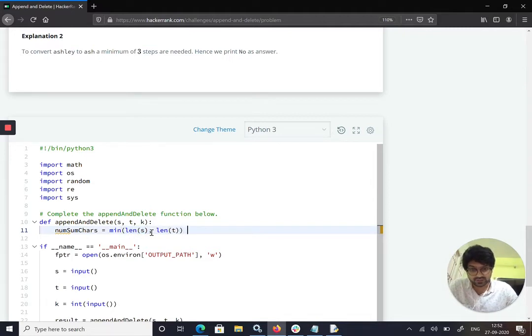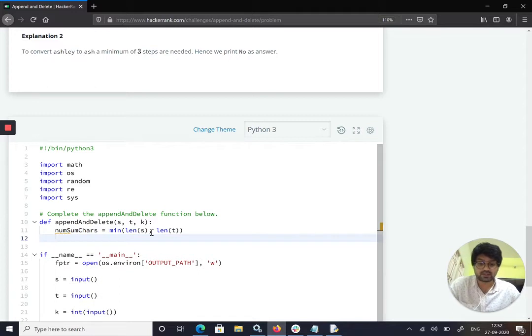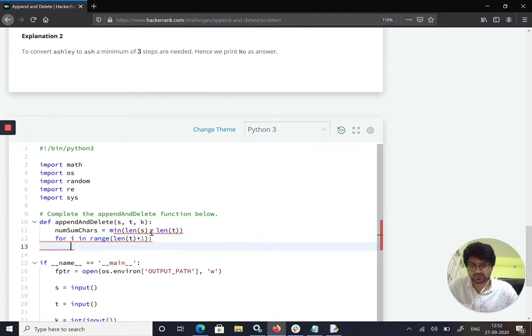Next, what we need to understand is how many characters differ between the s and t values. I will perform this with the help of a for loop. For i in range, a function in Python which gives values from 0 up to the value we provide. We are trying to do the length of t, so we are giving plus 1.